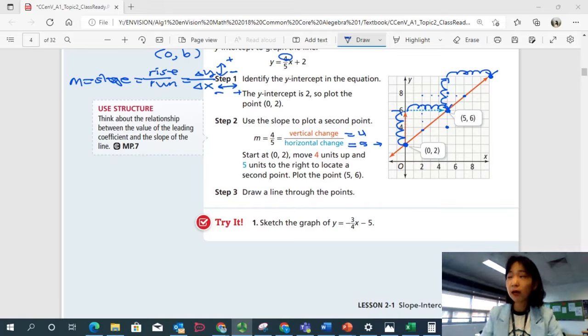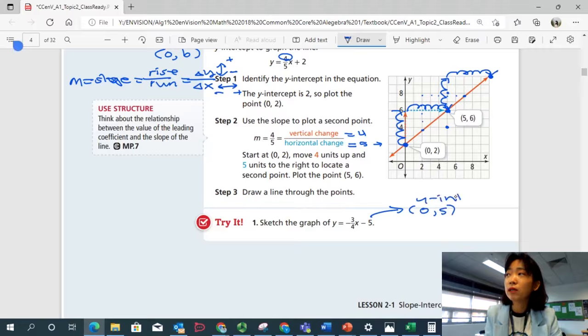Okay, once you label that, you're going to start with your y-intercept. So -5 looks like it's your y-intercept, right? And if your 5 is subtracted, your y-intercept is -5. So you have (0, -5) for a y-intercept. And your slope is